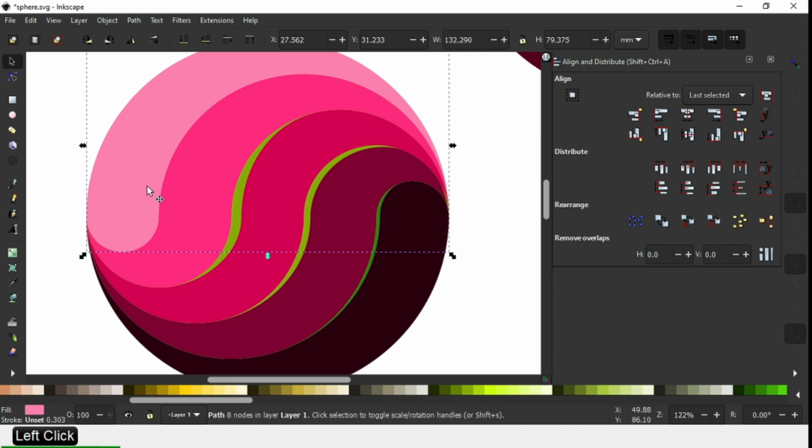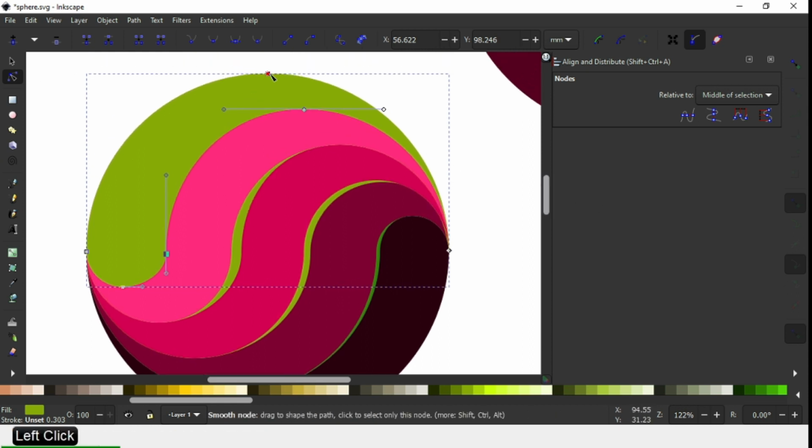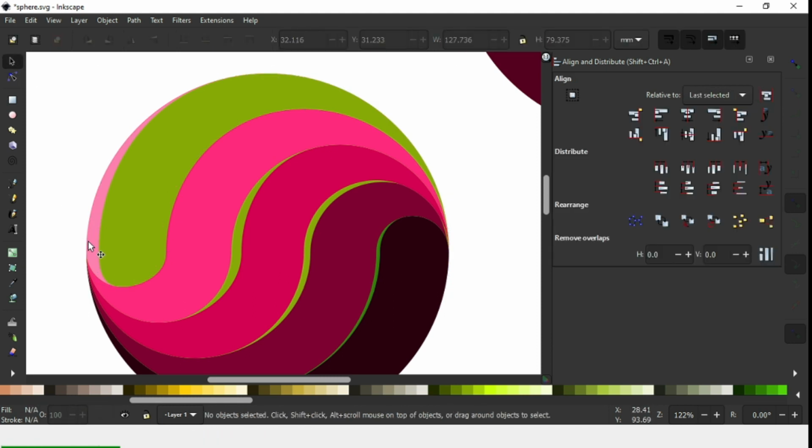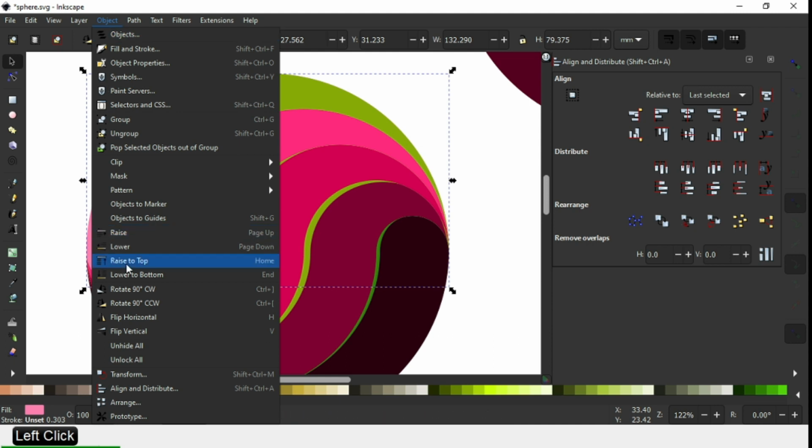Now select this one. Duplicate it and change the color. Edit it by the node edit tool. Now select this object and click on Raise to Top.